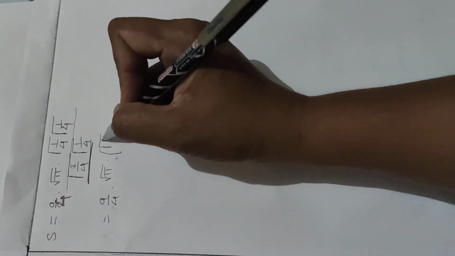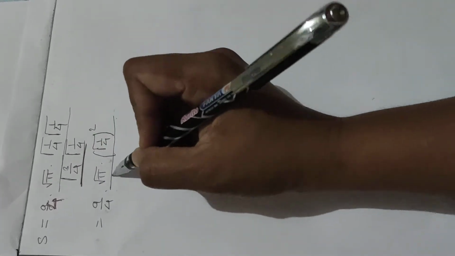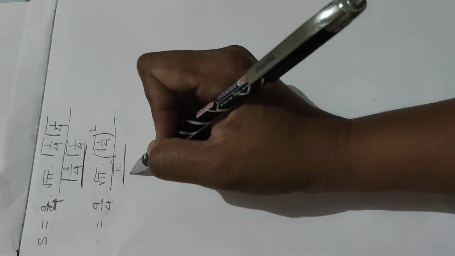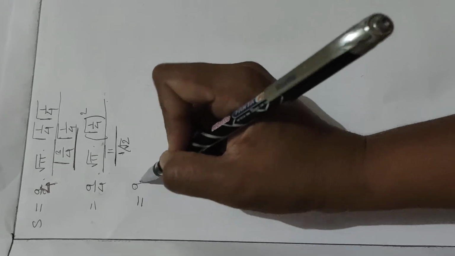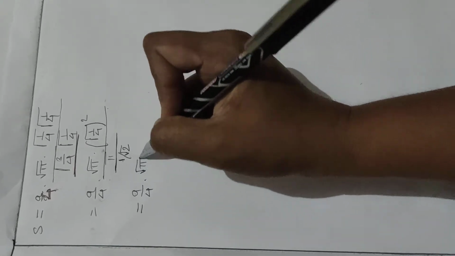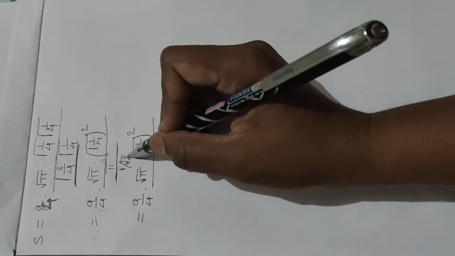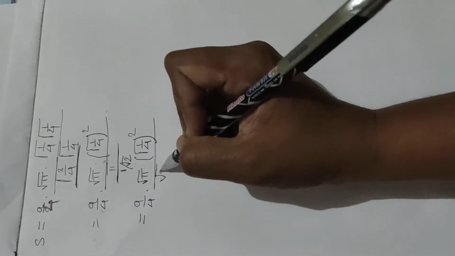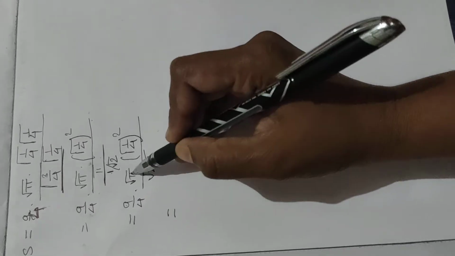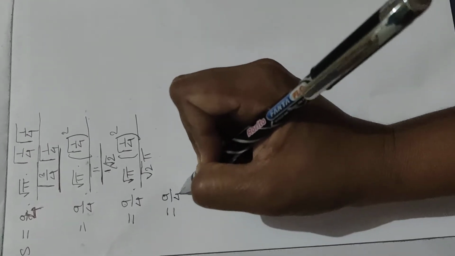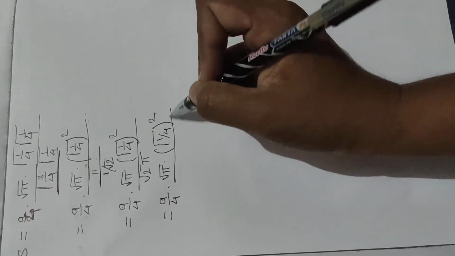See, gamma 1 by 4 gamma 1 by 4, we have to take the square of gamma 1 by 4, and divided by the answer, which is pi upon sin p pi. That means pi divided by sin pi by 4, and the value of sin pi by 4 is 1 by root 2. That means this can be written as a by 4 into root pi gamma 1 by 4 bracket square, divided by 1 by root 2. This can be written as root 2 into pi in the denominator, right? If we split this pi into root pi, one root pi gets cancelled.